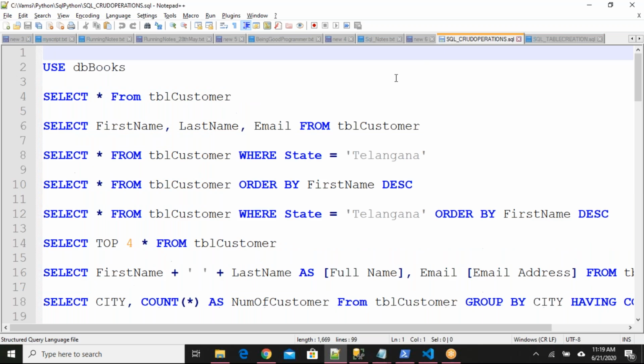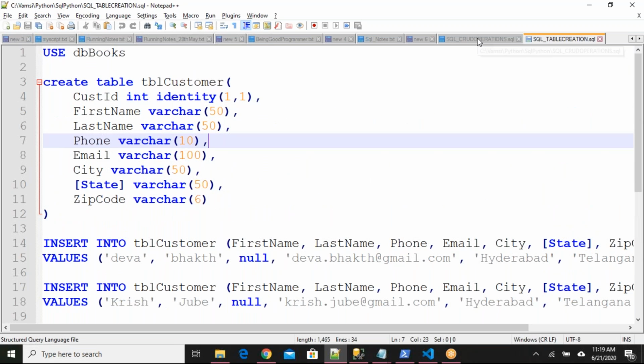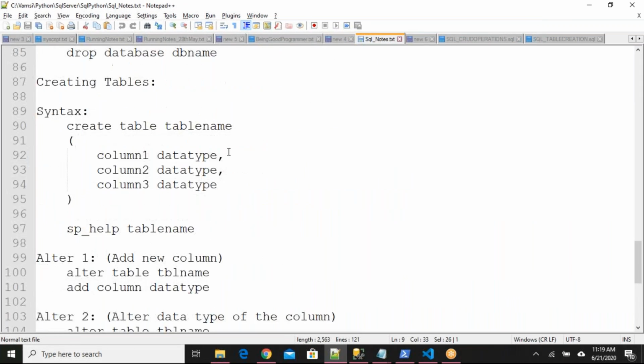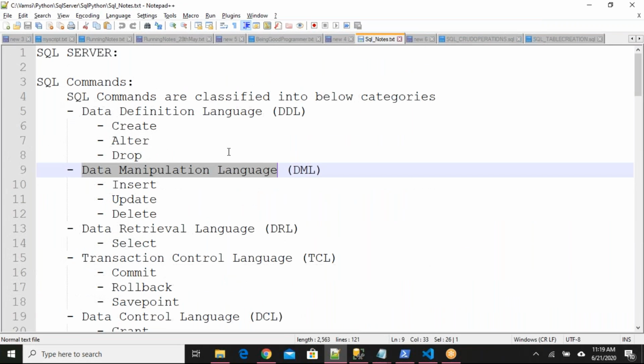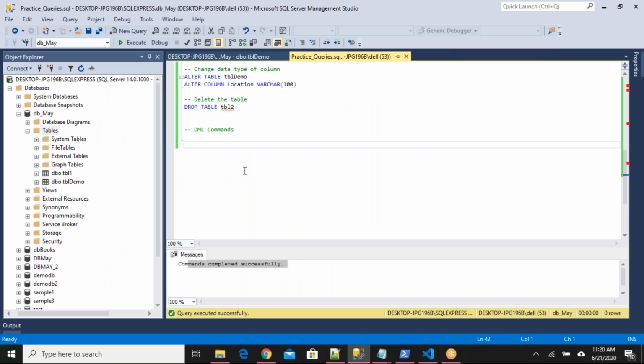Okay, we can use these queries. First let us see how to insert, update, and delete data in a table. Then we'll go for retrieval. So let me open. What is the table I have?